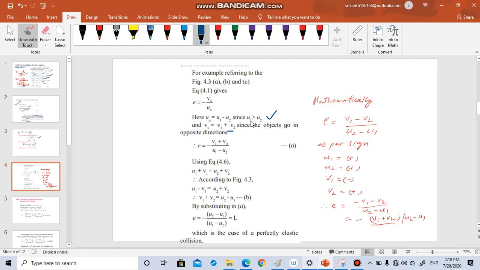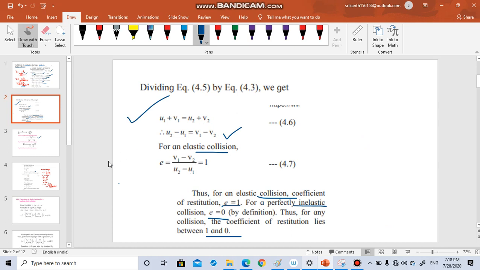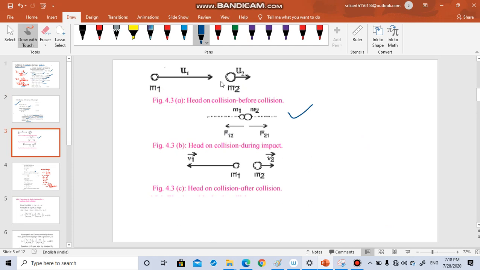When u1, u2 are two different velocities, then obviously one has to be greater, one has to be less. So here m1 is going back. Now you may be asking, when the u1 speed is more, why is it going back? Maybe m2 is more, m1 is less. There is a possibility, right? m2 may be 10 kilos, m1 may be 5 kilos. So even though u1 is more, it is going back.